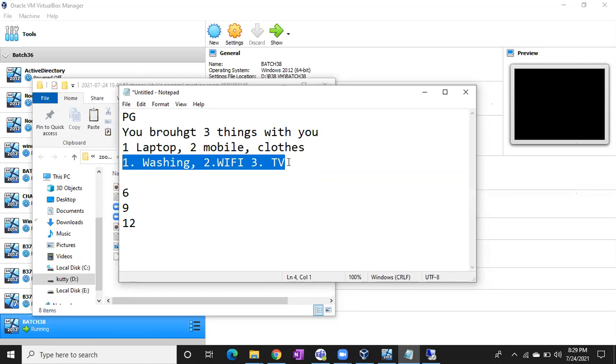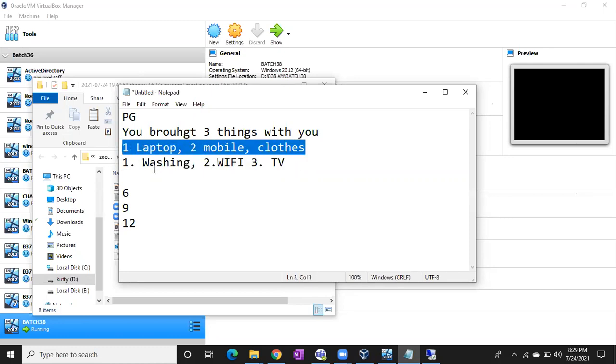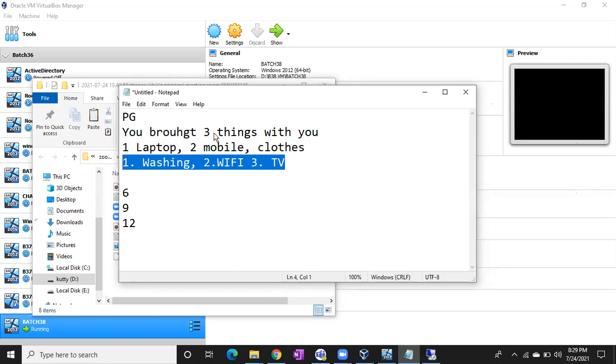In case one person is there, 6 will be there. In case 2 persons are there, 9 will be there. With 3 persons, only these 3 specific services will be installed. So don't think that when one more person joins, he buys another washing machine, another Wi-Fi router, another TV. Only if there is a huge load on the PG will he buy the second items. But the common scenario is, in case 2 or 3 persons came into the PG, the shareable items are not going to increase.